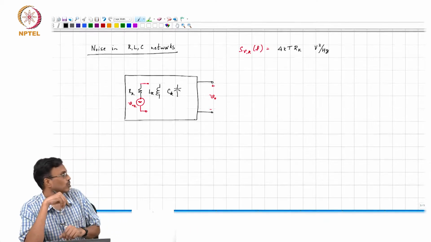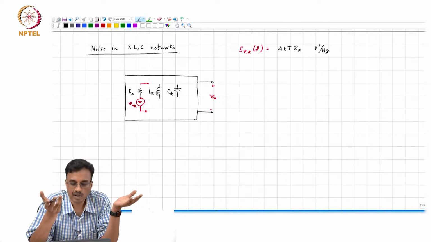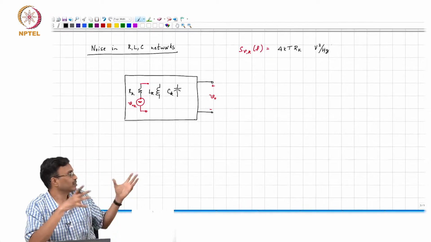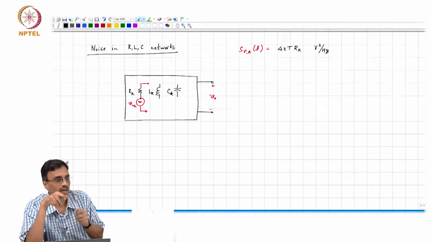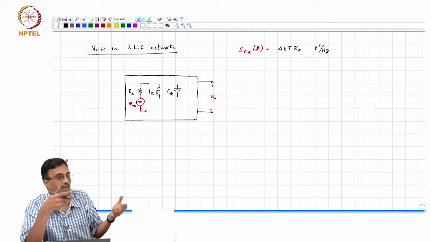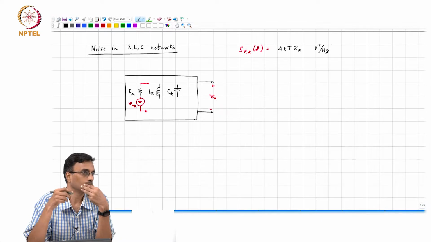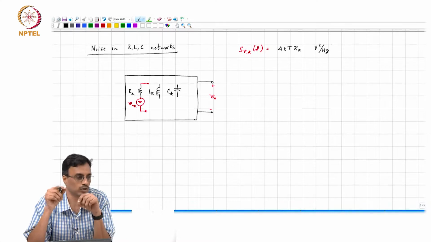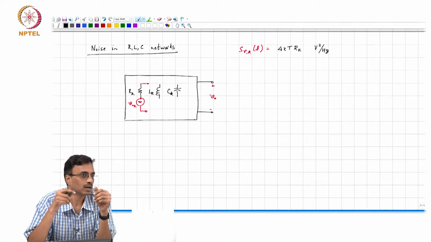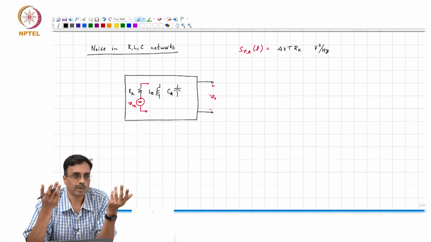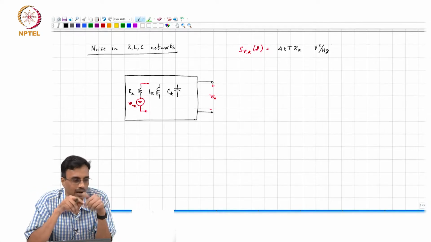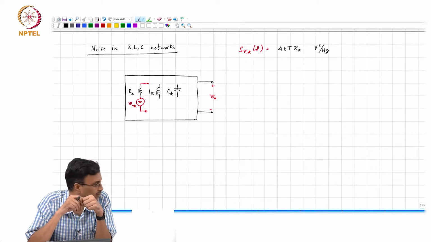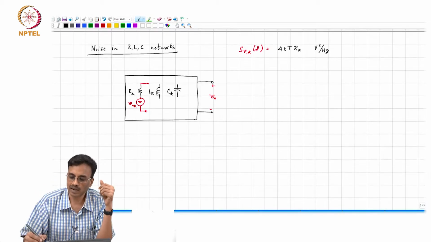All right. So, it seems obvious that now if you have a whole bunch of resistors and you have this black box and then you get two terminals out, if you put a voltmeter across these two terminals, what would you expect to see? You will have obviously noise, because there are a whole bunch of noisy elements inside the box. And how will we find the noise spectral density at the output?